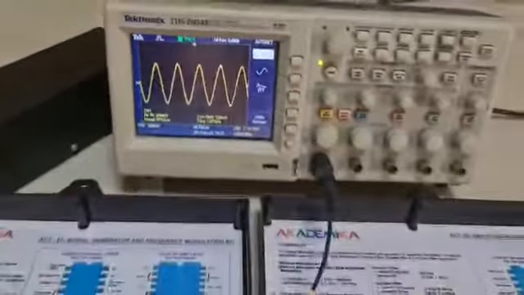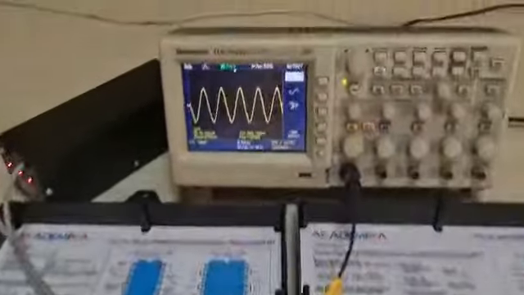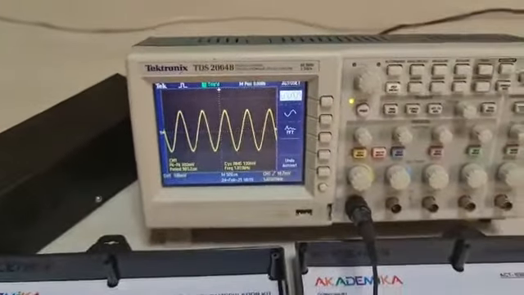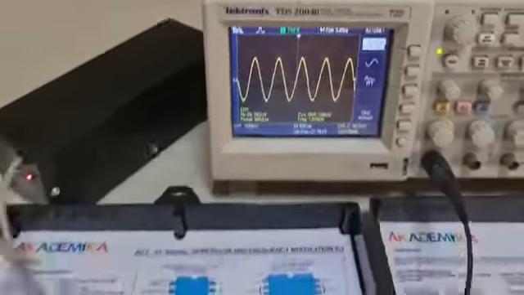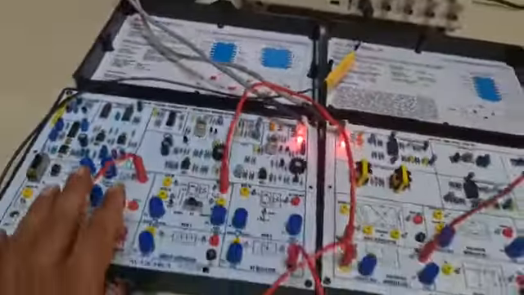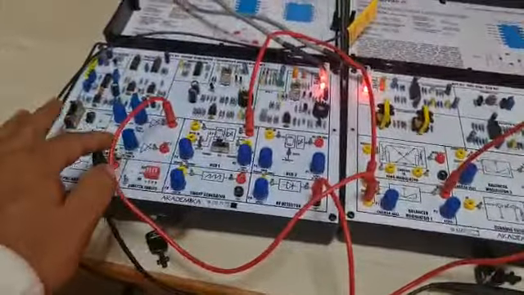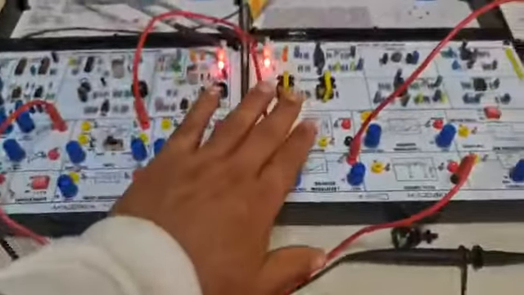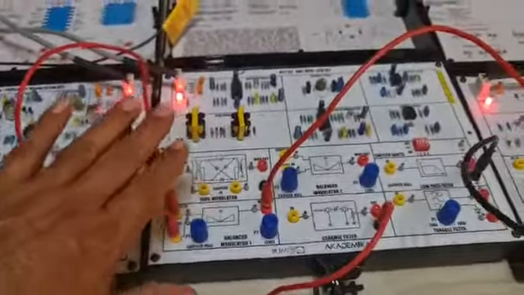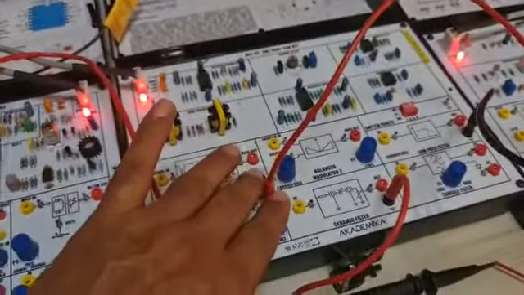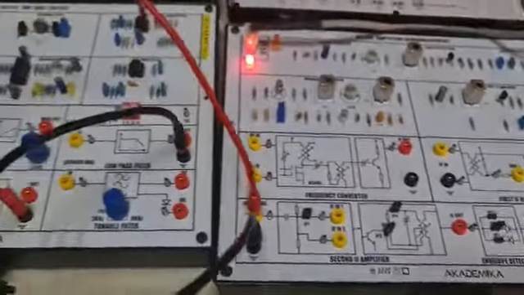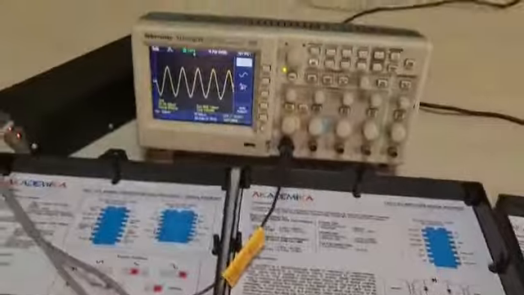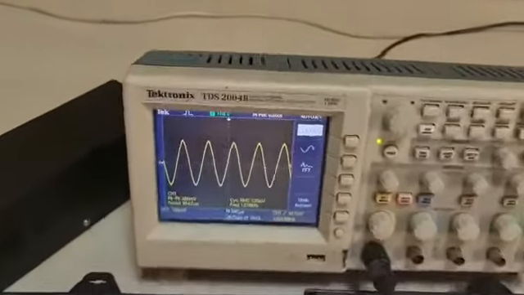So this is the complete process of amplitude modulation and demodulation. In fact, you can measure the modulation index also from this modulated waveform. Simply, these function generators generate high frequency and low frequency signals given to the input of one of the modulators. At the output we get the modulated waveform. This modulated waveform is given to the input of this demodulator, and at the output of the demodulator we get the waveform given to the CRO, and we have the output waveform here.